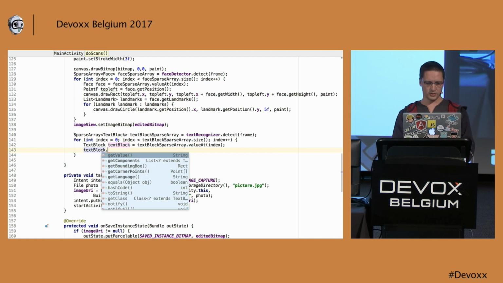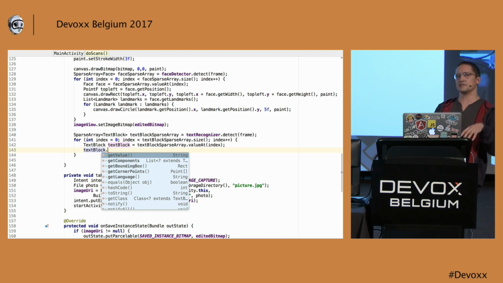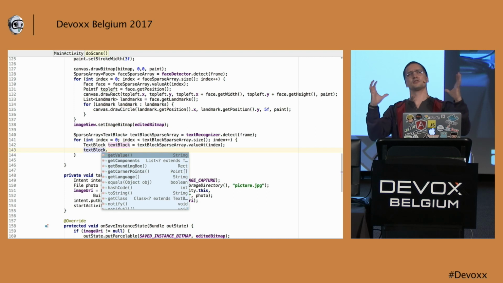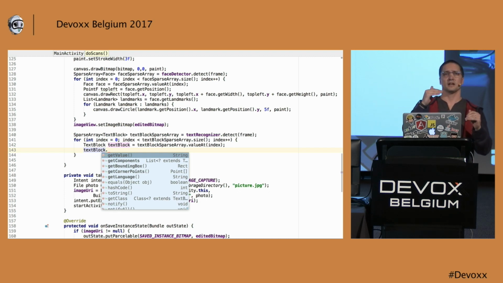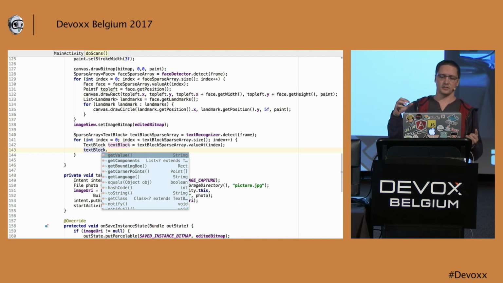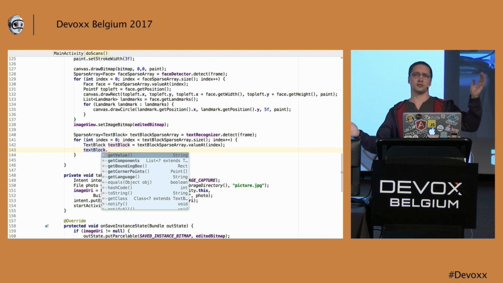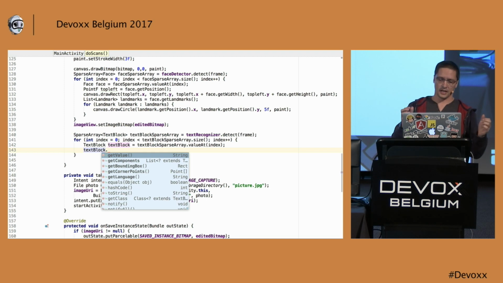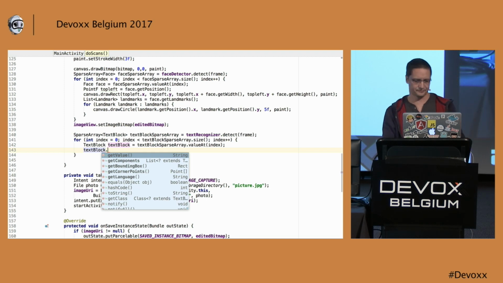What you can do on this text block is get the value, which is the text that was detected inside. You can get components that are subparts of this text. So if this is a paragraph, you will get some lines, and you can get components of your lines to get the word. And you can also get the bounding box, the rectangle around your text, and the corner points or the language that was detected.